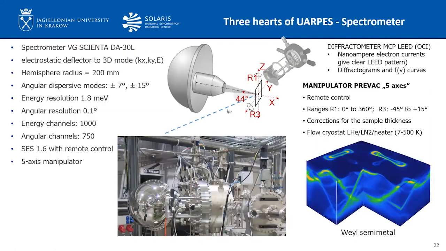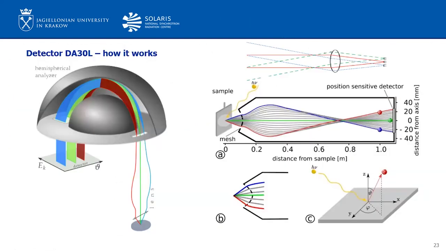Okay, we have the 3D detectors. It's very nice, very good detectors to measure high quality ARPES spectra. And now, how do the detectors work? First is the lens and slit, selecting the electrons,